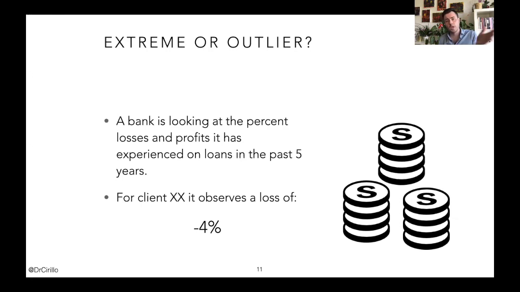But again, if we have to choose between the two categories, then it is for sure an extreme and not an outlier. If we observe a loss of 81%, it is definitely an extreme and not an outlier because it is possible. If we observe a loss of 170%, conversely, we can somehow safely say that this is an outlier because losing